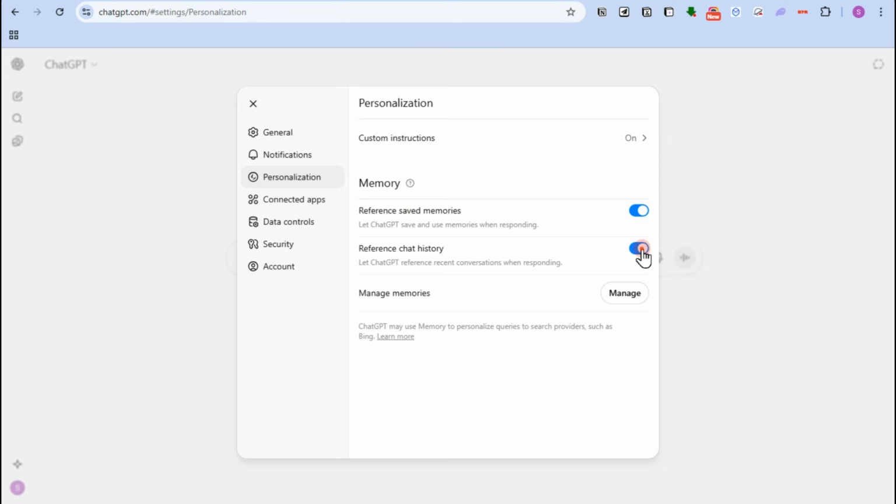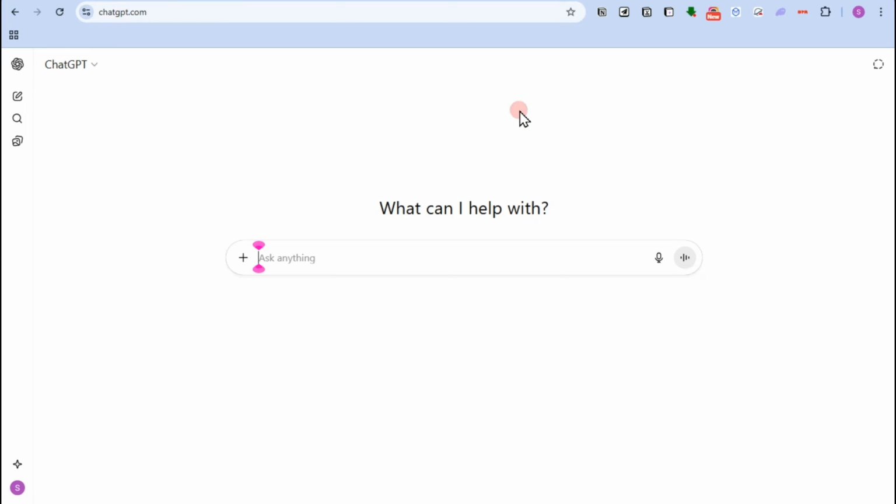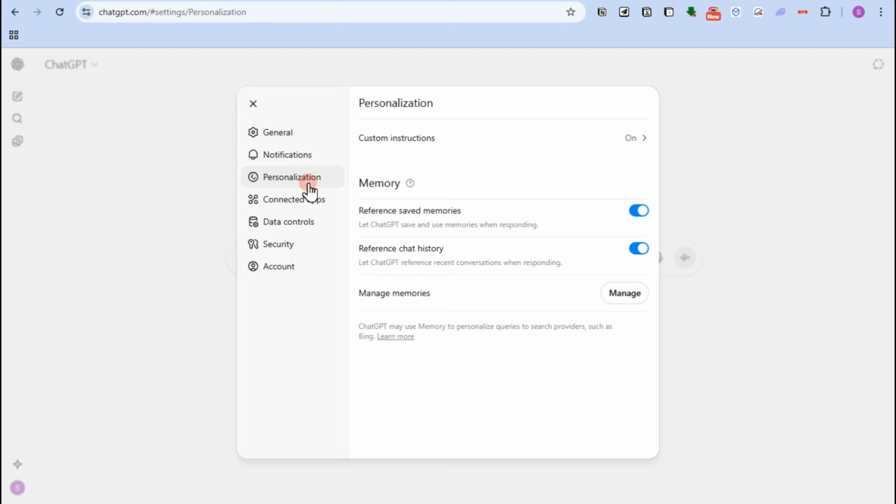So all you need to do is log into that specific account on ChatGPT, and it's easy to clear memory. You just have to go to the right side and look for ChatGPT settings. In the settings, you have to look for personalization. Scroll down here and look for personalization. Click this one. And then below you will see